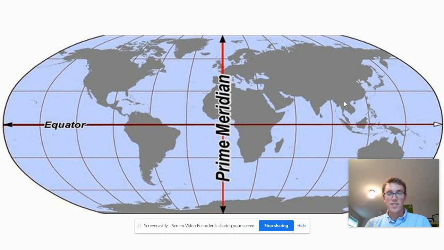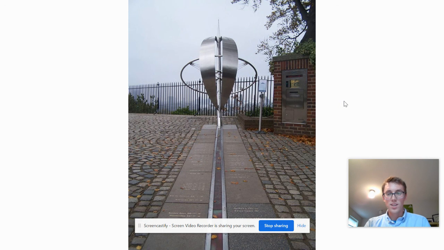The prime meridian is different. Again, it is one line that demarcates the center of the map. And again, because it was a colonial power that established it, they decided to put themselves right at the center of the map. And that is how we get the traditional model with England right in the middle. In fact, if you go to their observatory, it's a historic place. And now they have this odd looking art form, and there's a literal line drawn right down there. So if you want to stand at 0 degrees,